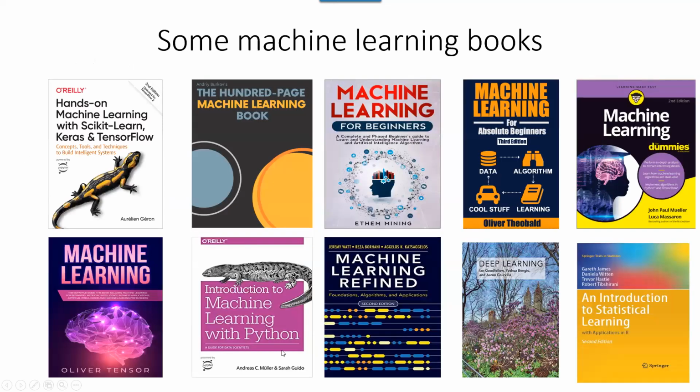These are some of the most popular books. Try to get the most recent one. This is the second edition. When you click on the image, I will provide you these slides because there are many links. If you click on this image, you will go to the website of this book. There are also videos, slides, examples, exercises, and code for these examples. So there are plenty of resources regarding statistical learning.